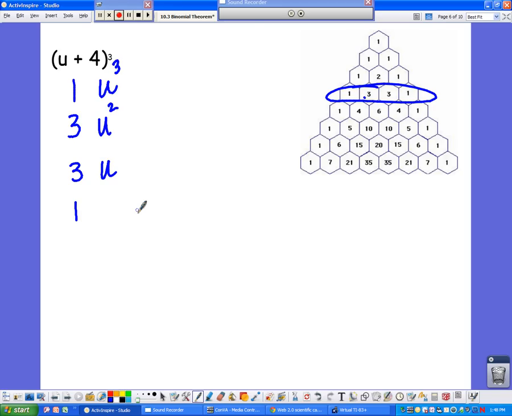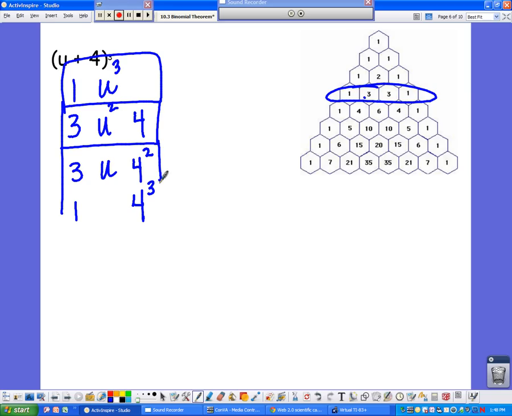Then I'm going to come over here. 4 to the third, 4 squared, 4, and no 4. So remember, I got to do each row. So this one is easy because it's u to the third plus. Now anything that's in the row in the same box, so like 3u squared 4, we're going to multiply all those. So 3 times 4 gives me 12